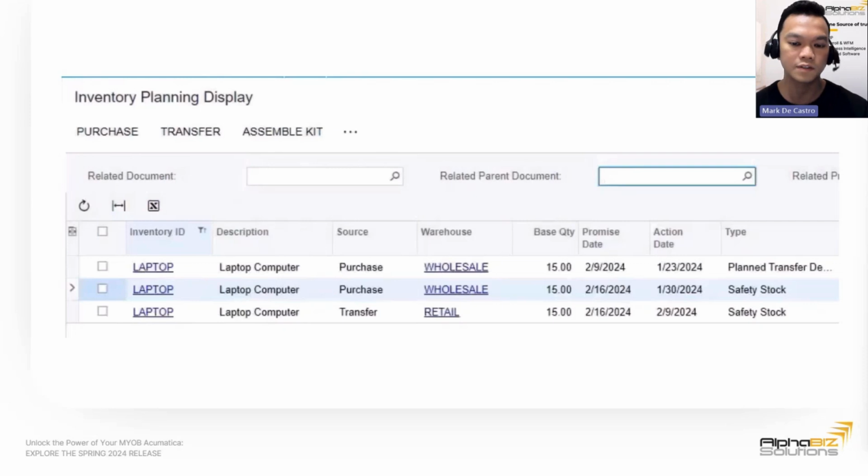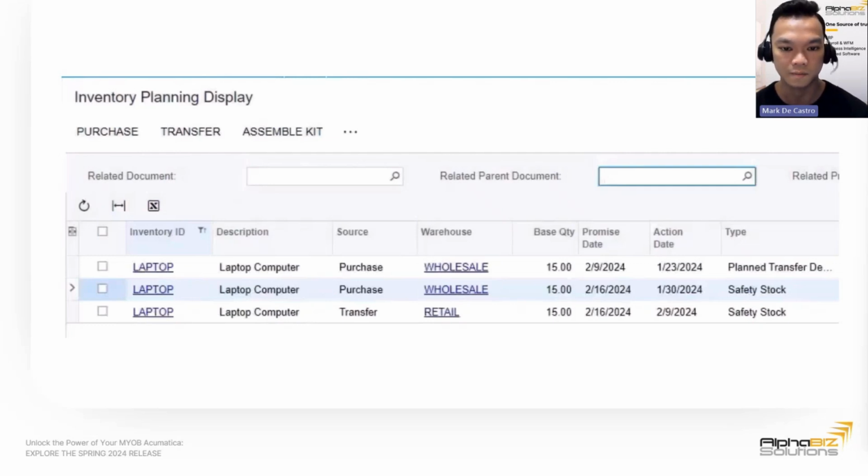Here, I filtered out our transferred item from the previous screenshot. On the last line item, as you can see, Acumatica is letting us know that we need to transfer 15 laptops from the wholesale warehouse to the retail warehouse. On the second line item, it is also telling us that in the wholesale warehouse, we need to purchase 15 laptops to meet the demand of the retail warehouse.